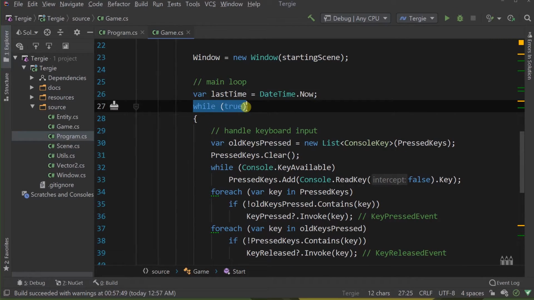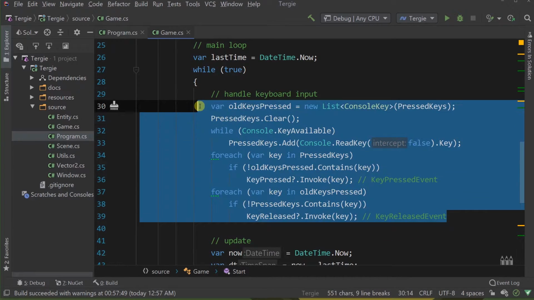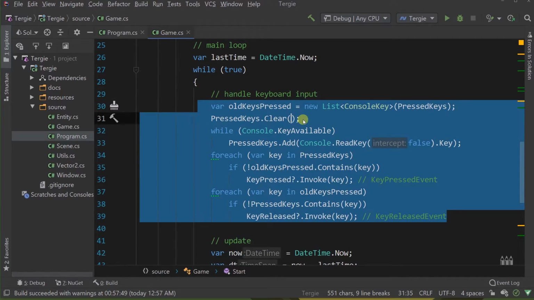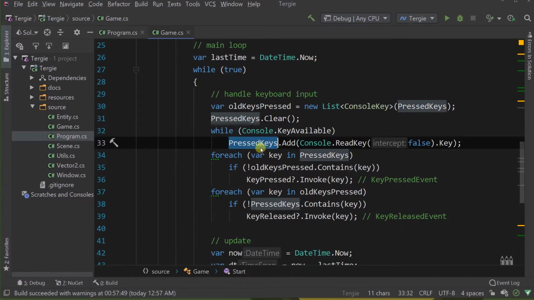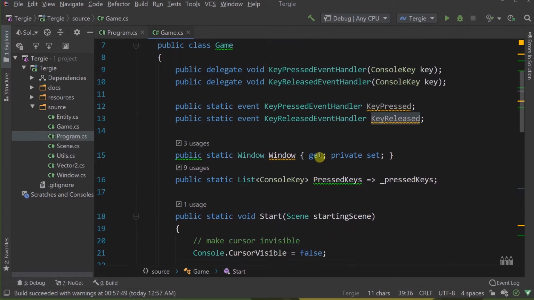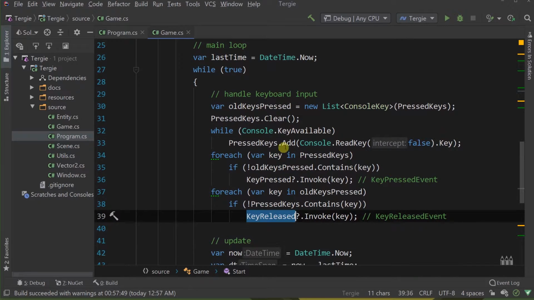So here we have while true. What we do is we handle keyboard input. So all of this code handles keyboard input. And essentially all it's doing is it's finding out what keys are currently pressed and adding them to a pressed keys list. And in addition, it's basically emitting two events, a key pressed event and a key released event, which are declared over here. So to summarize, the game class